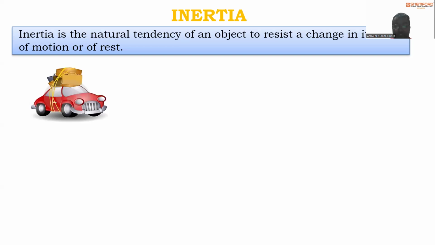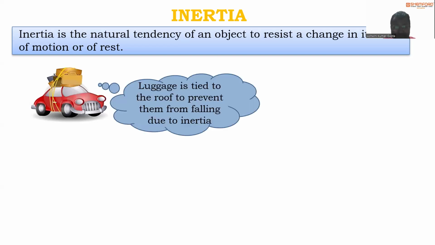Like example this one, ये सामान लेके जा रहे हैं, luggage is tied to the roof to prevent it from falling due to inertia, right? कि अचानक से ड्राइवर ने ब्रेक लगाया, पता लगा लगेज सारा आगे की ओर चला गया, राइट? तो ये सिचुएशन हो सकती है। और देखते हैं।